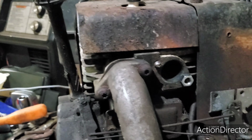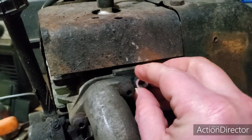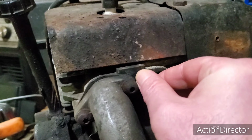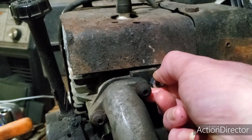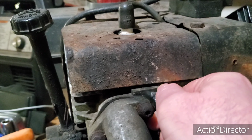Because I've been heating these things up and vice grips to them. Throw a torch on them for 20 minutes and put vice grips on them and they still won't come out. So it's the welder. If the welder doesn't work, then it's